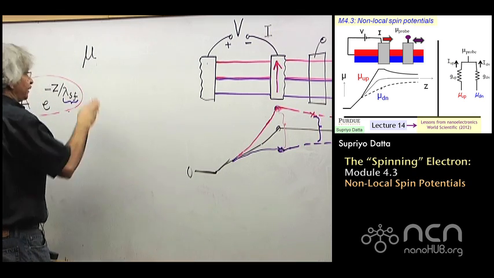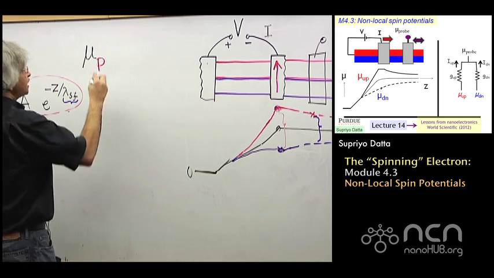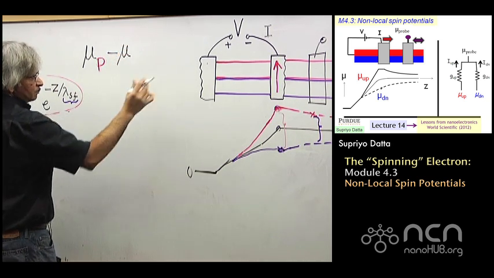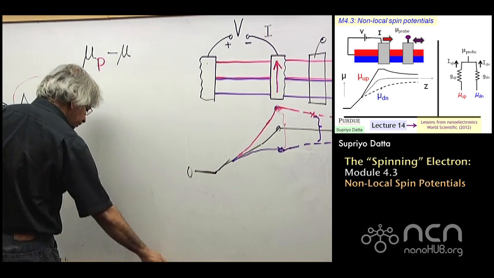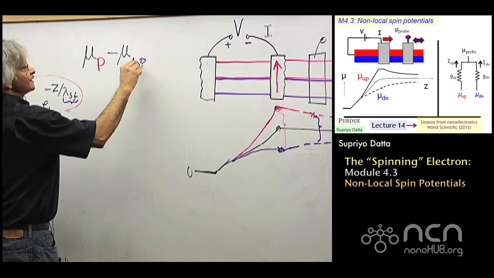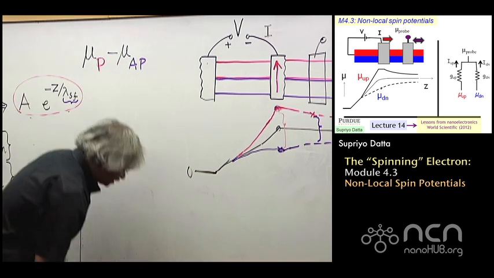So I'll put a red there. And if you look at the potential that you get when the magnet is a blue one, that has turned around, let me write that as mu AP. So it is that difference, you see? And that difference is equal to